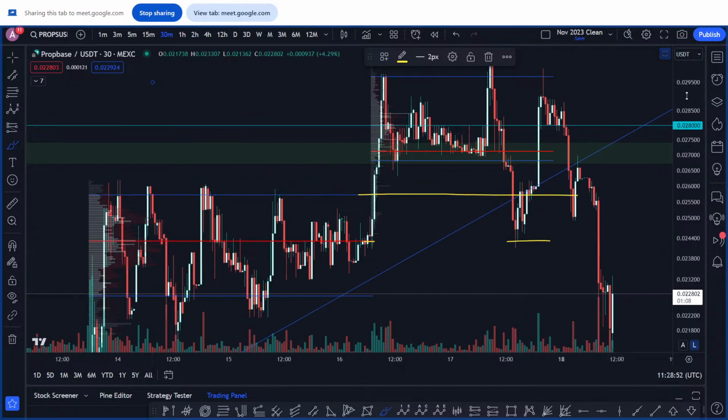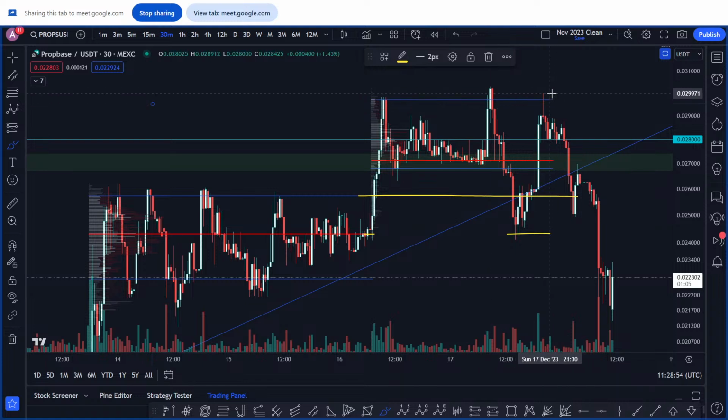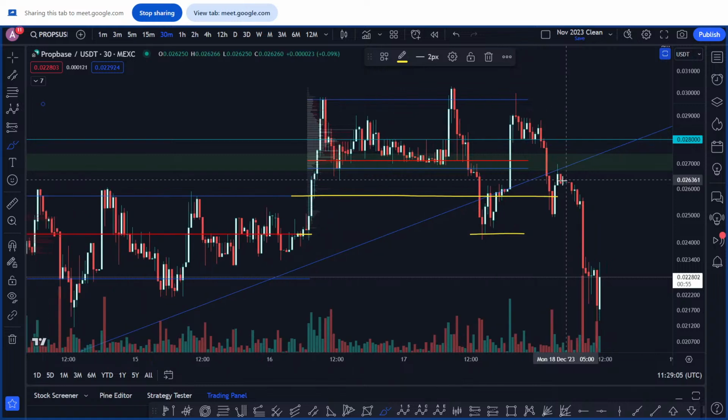It went up, couldn't make a new high, got rejected off this value area high, and then it just started to make its way down. And then obviously it's lost this scan. You see how it lost it? Back test. So someone, you see that high volume red? Someone just sold that. Once it lost it, they just sold. It came to fill the gap, back test again, and then the rest is just